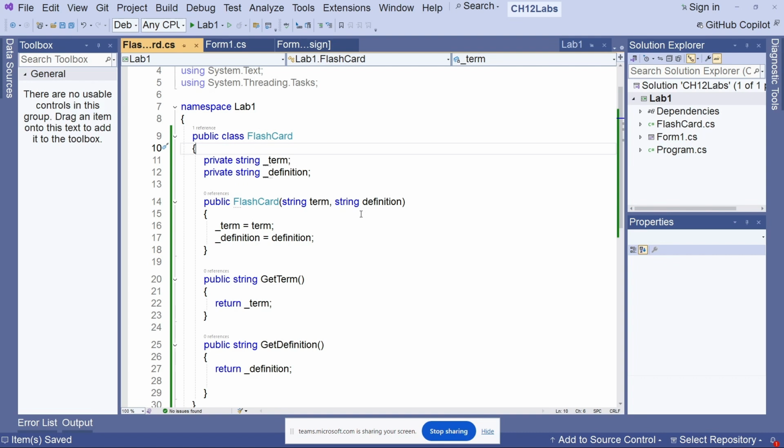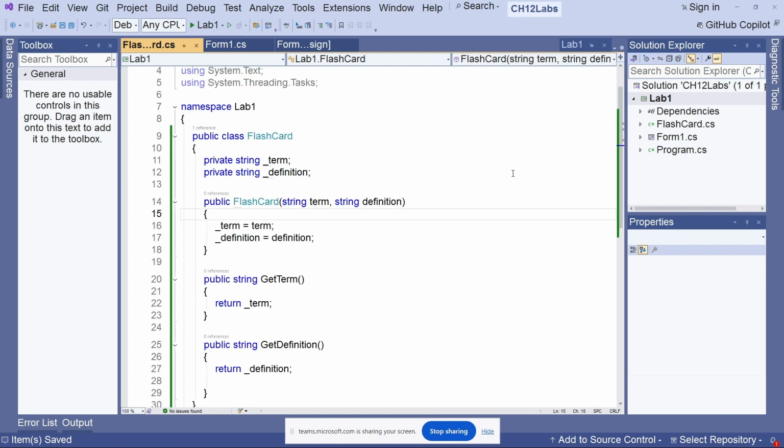If you do it that way, the class is also reusable and could be used by a different application. If you include everything together in your form, at some point you may want to use the same thing, but instead of a Win form for your user interface, you want a web-based one. If you have it separated, then it's easy to do that. So we go ahead and create this flashcard